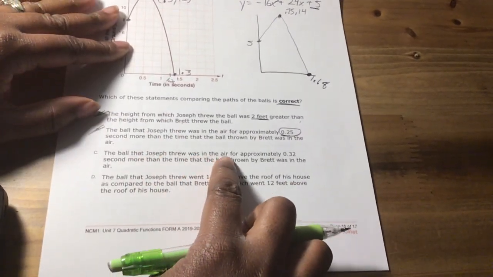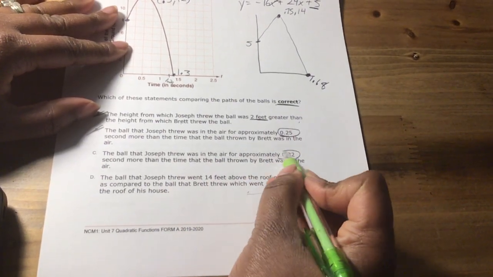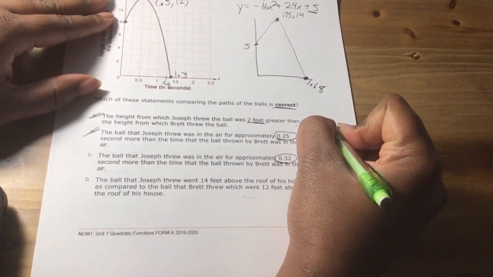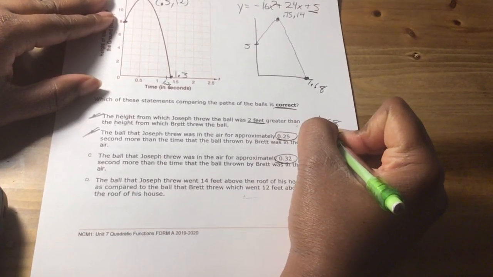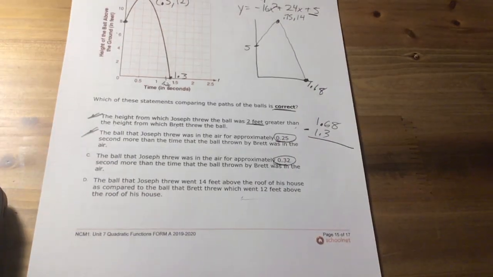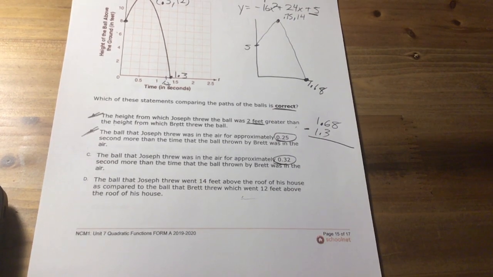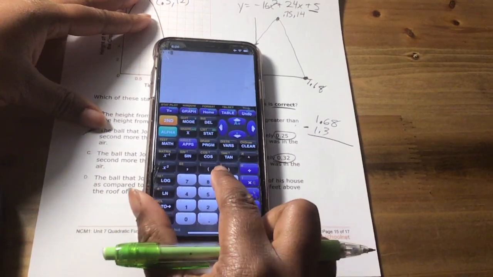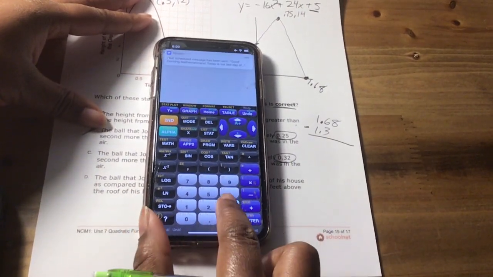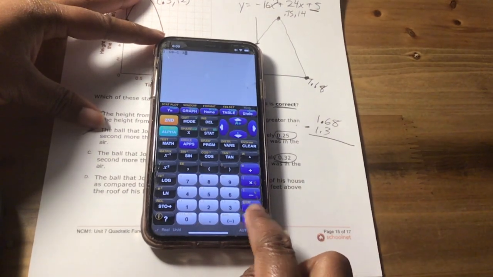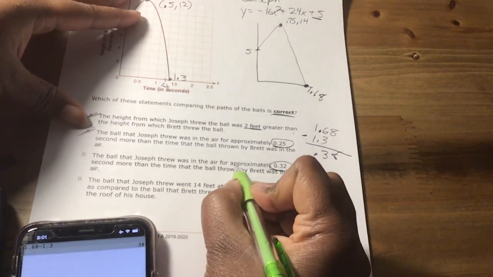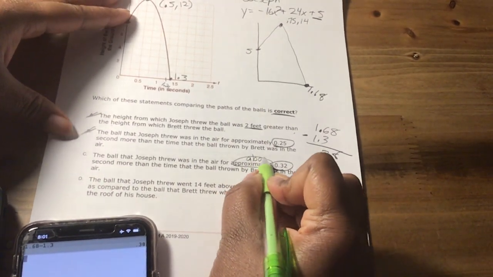The ball that Joseph threw in the air was approximately 32 seconds more. That's possible. Let's subtract to see. 1.68 minus 1.3. So when we do that, okay, I'm tripping. All right, 1.68 minus 1.3, sorry. And that, yeah, that's 0.38. So approximately means about. So that's